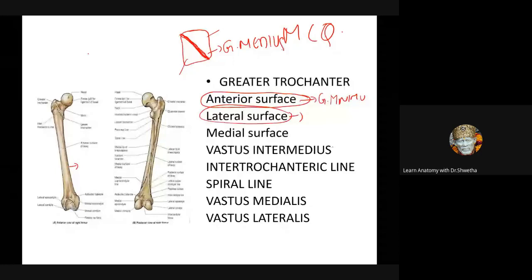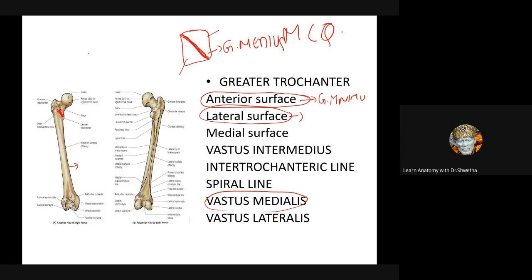See here, femur: we think it's a dry bone and not interesting, but so many MCQ questions are asked on it. There is something called the vastus intermedius muscle. Let us trace this muscle. You will tell me what this line is called. Intertrochanteric line. Very good. Now, not vastus intermedius, students, vastus medialis. Vastus medialis arises from the lower aspect of the intertrochanteric line.